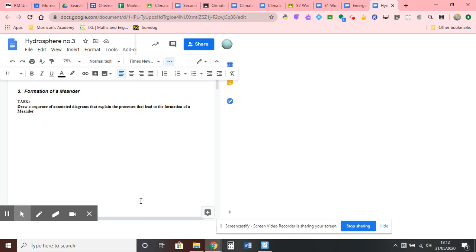Once you've done your hydrosphere number 3, you've taken a photo and put it down on the following page, you will see to write 10 missing words. Okay, and you've got to use the diagram and my